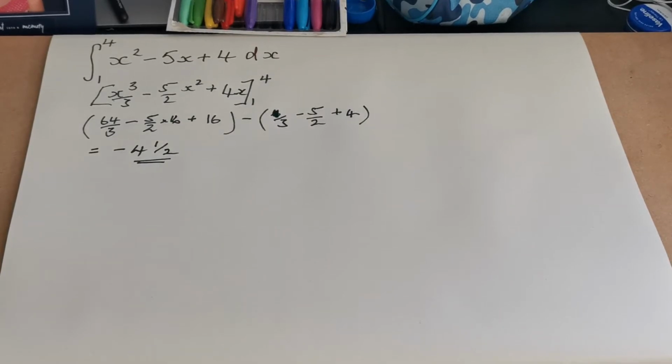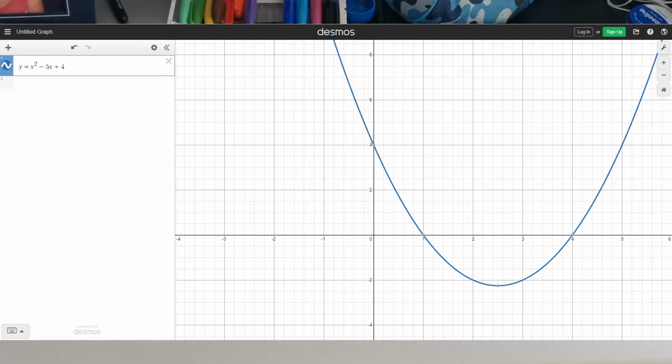Now, that's a negative answer, but when I think about my earlier description of integration as representing the area under a graph, what does that mean when it's negative? Well, if we look at this graph here, you can see the area that we're interested in between these two limits of 1 and 4 is underneath the x-axis. So probably my description last time of an area under a graph wasn't quite correct. And in fact, integration gives us the area